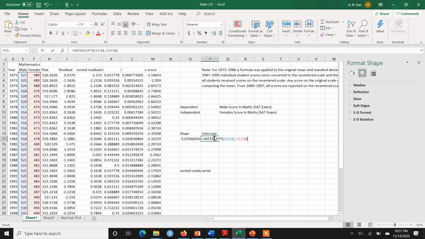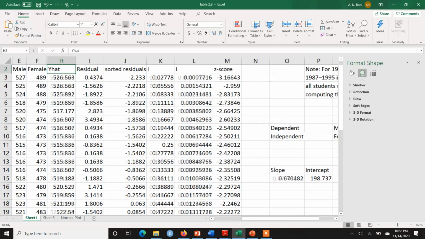And then similarly I can calculate the intercept by using the intercept function in Microsoft Excel. So now I know that the regression equation has an intercept of 198 and a slope of 0.67. So let's say I want to calculate the residuals. You know that for residuals I need the predicted value of y, or the y hat series.